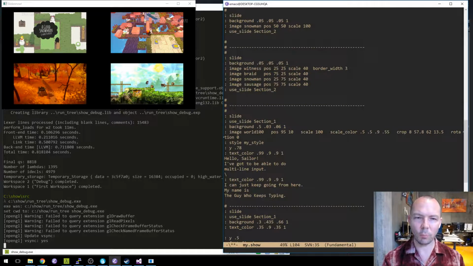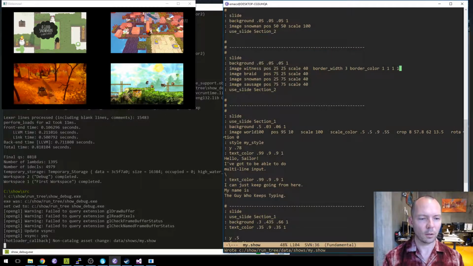That seems kind of wide, but we'll see what happens. Border color 1111. Well, it didn't do anything noticeable. Border width 30. Oh, now we see something.